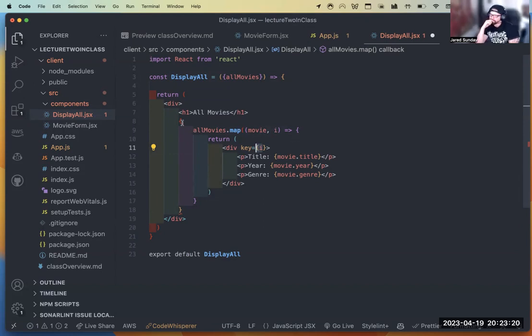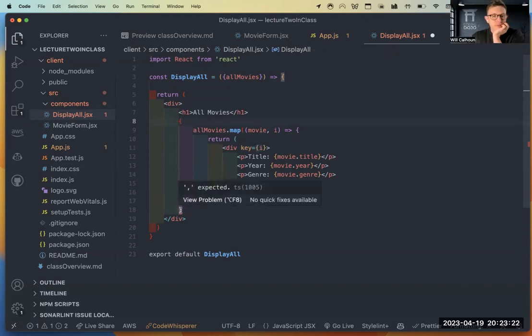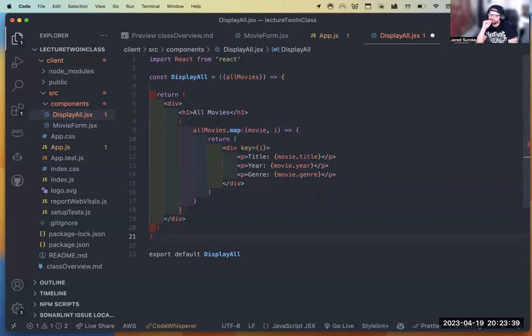We have an extra, nope. I think parentheses there, it might be outside the div, parenthesis for the map. Yeah, line 20.